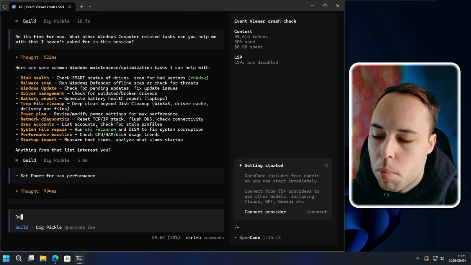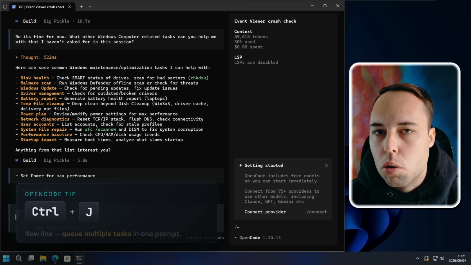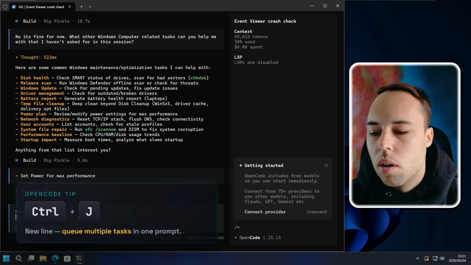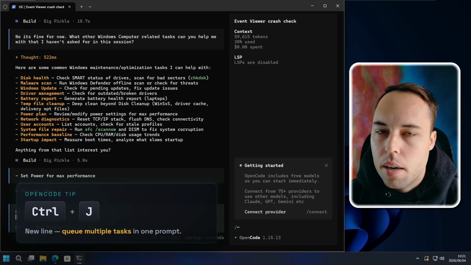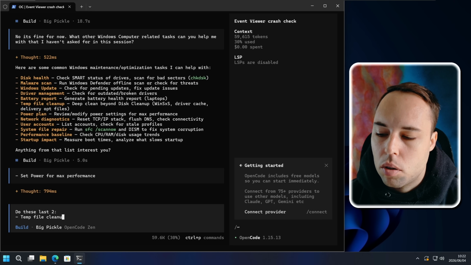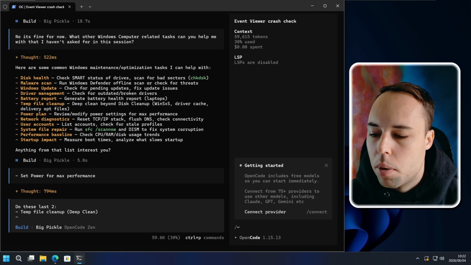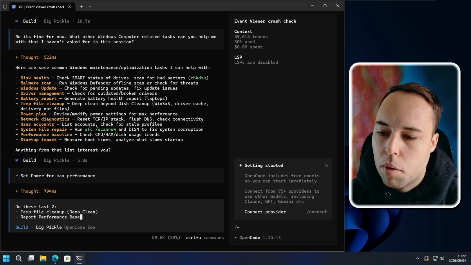Then for this next prompt, I actually want to give you a little OpenCode tip. So I asked it to do these last two, and then I went to a new line. Now, to go to a new line, you can press Ctrl and J on the keyboard. Ctrl and J will take you to a new line, and you can then type the next task that you wanted to do. So I asked it to do the temp file cleanup, the deep clean that it suggested up there, pressed Ctrl J to go to a new line, and then I asked it to report on the performance